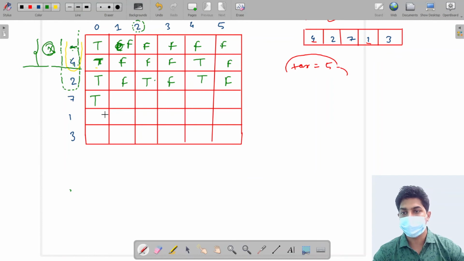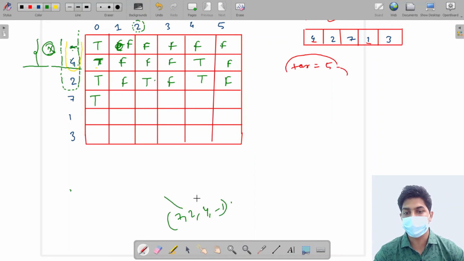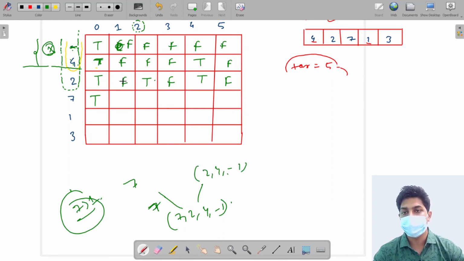Now let's solve it for: is it possible for 7, 2, 4 and dash to make sum equal to 1? Okay, if 7 comes into play, then sum is 7, 7 is greater than 1, so not possible. If 7 does not come into play, then 2, 4 and dash, is it possible for them to make 1? No, not possible. It will also return false, so the answer will be false over here. Okay,